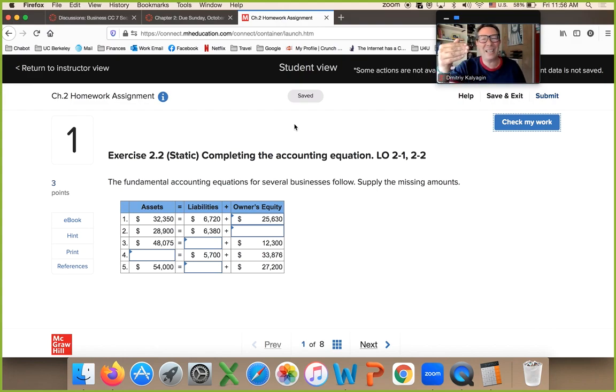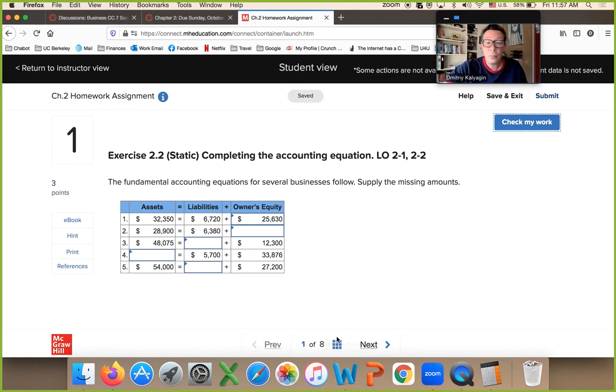And accounting is not difficult, but it's cumulative. If you miss chapter 2, you will not be able to understand chapter 3. It's just like cumulative, it builds one on another. So if you miss a whole chapter, there's no sense in you being here in this class. Especially the first 6 chapters, it's the skeleton, it's the backbone, it's the foundation of the whole accounting and finance. You can save and exit and come back before the deadline.